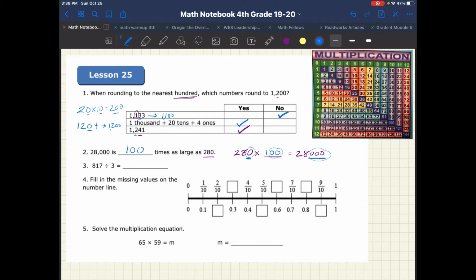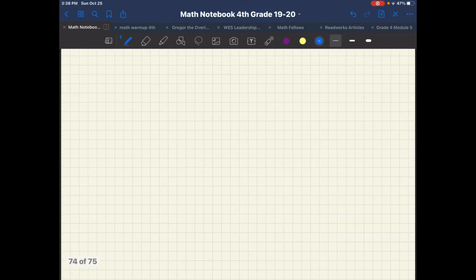817 divided by 3. Here's where you're going to need some room at the bottom of your paper. I'm going to go to another page. 817 divided by 3. We will teach you some other methods for dividing. For now, let's just think about this as how many 3s does it take to get to 817? When you see divided by 3, it means how